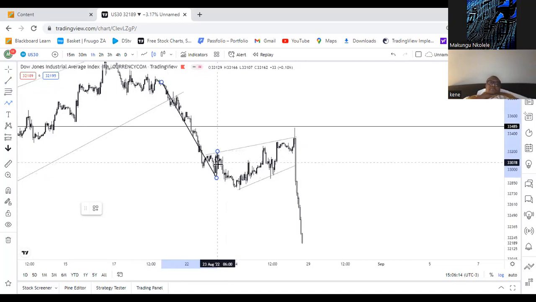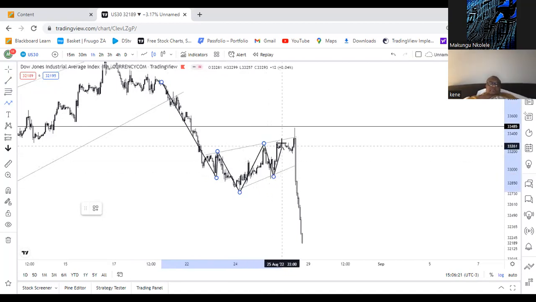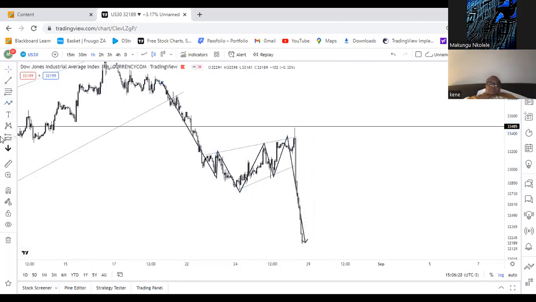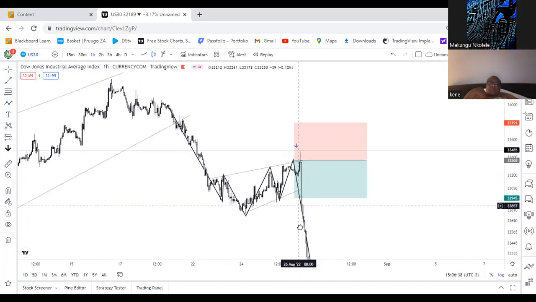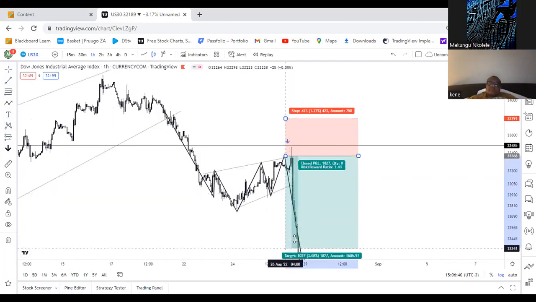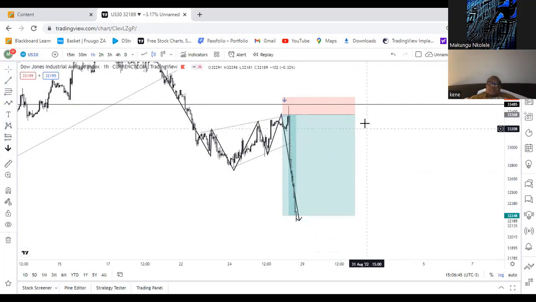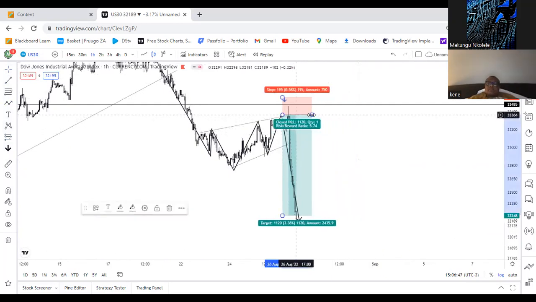rejected, forming the first touch, and the price was corrective. This was our second touch on the correction, and we consider this as the third touch. So remember, the third touch has the highest probability. So this point was our third touch, meaning this part has the highest probability, meaning that you could have placed your trade at the third touch, which had the highest probability, which meant that you reduced your risk